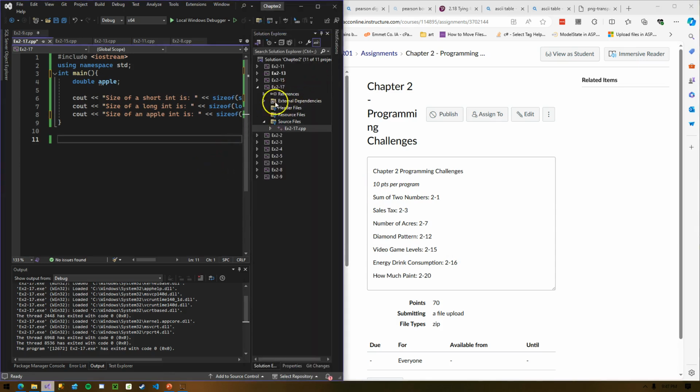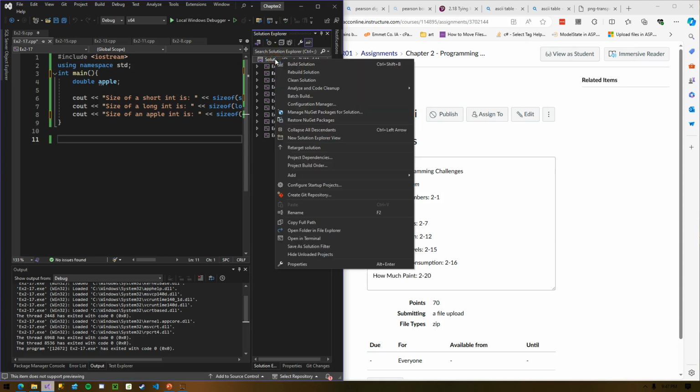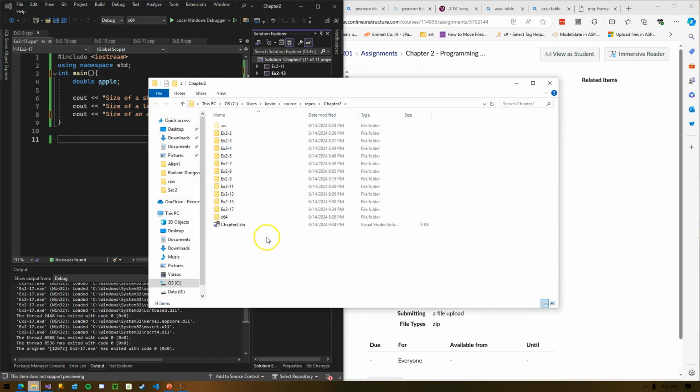Okay, so what you should do again, create new projects for each of these programs. Once you get all of them done, go ahead and locate the folder that contains this solution. I'll show you a quick shortcut for that. If you right-click the solution, open folder in File Explorer.